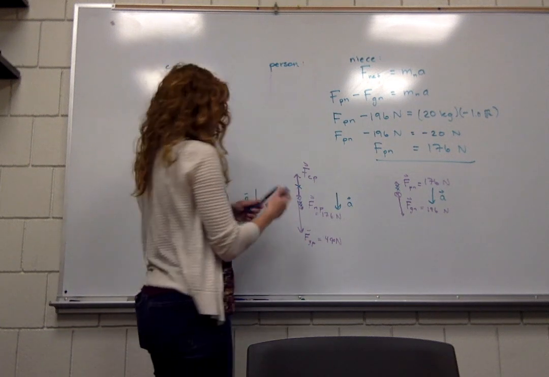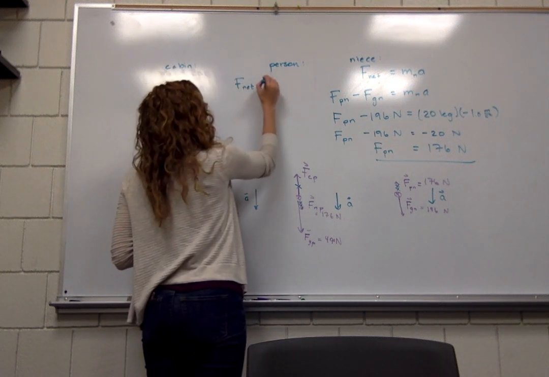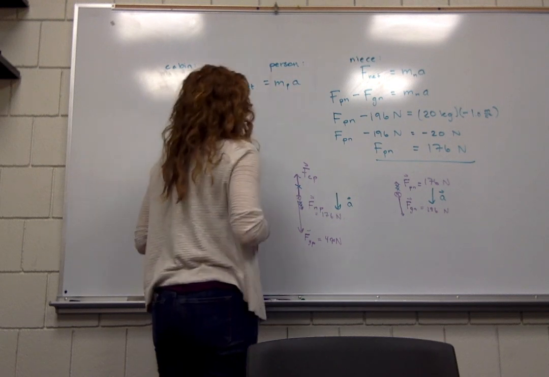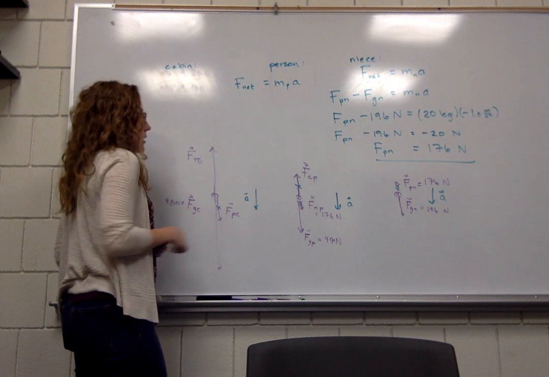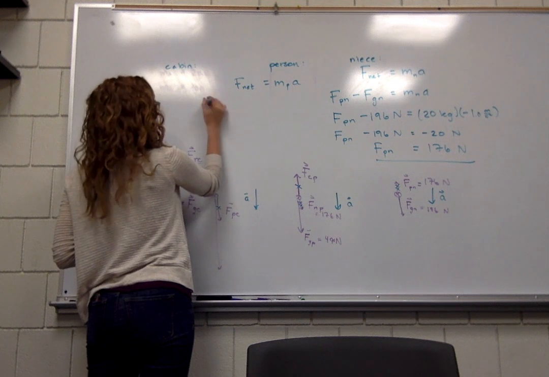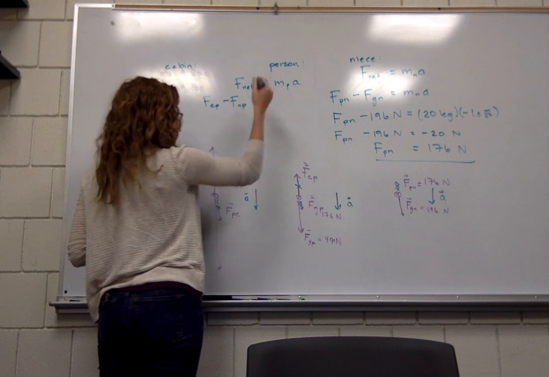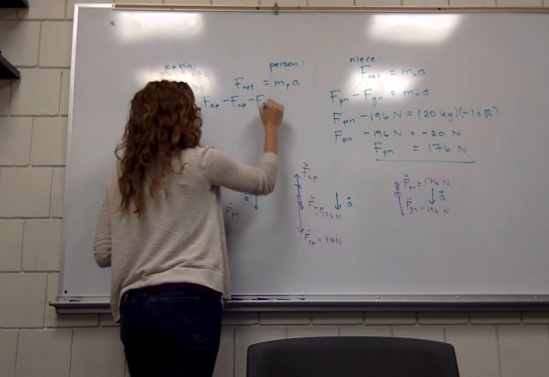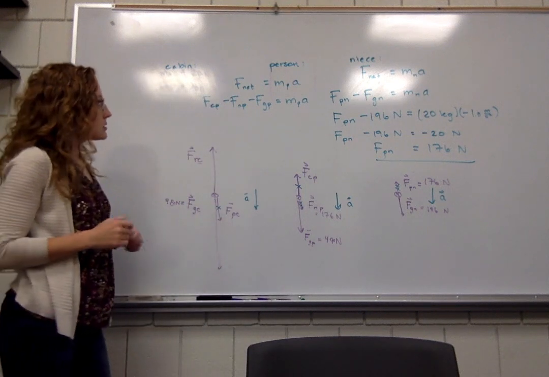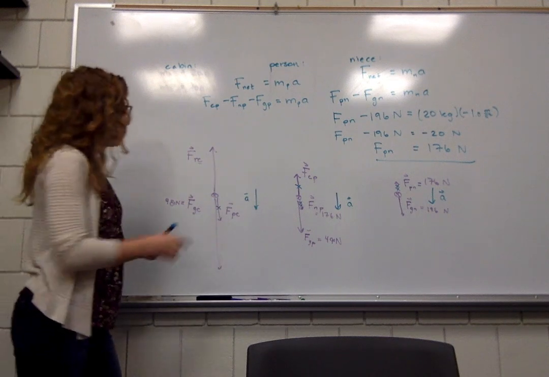Now you can do the same thing, but this time for the person. You're going to literally start with F net equals MA again, the mass of the person times the acceleration. Again, F net is always all your up forces minus all your down forces. So FCP, I think, is the only one acting up, and the other 2 are acting down. That equals the mass of the person times the acceleration. Nice. And now you've got everything but this